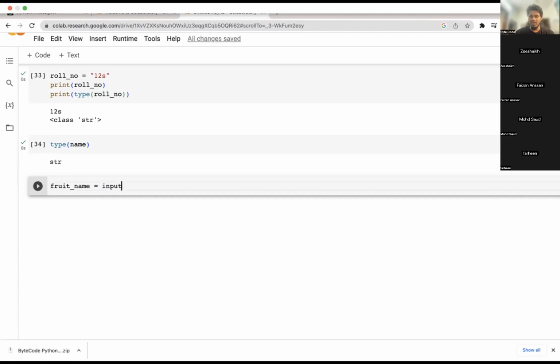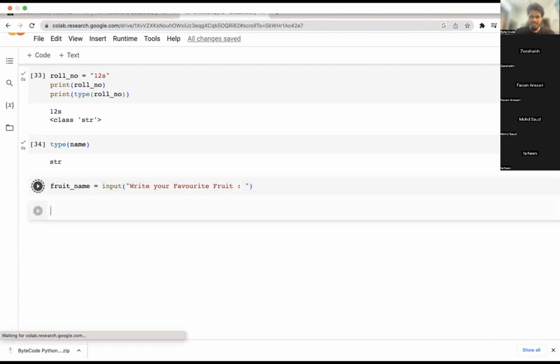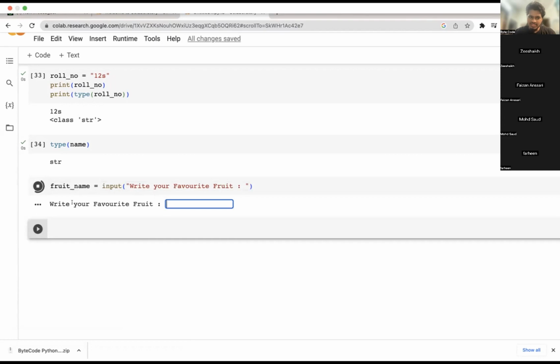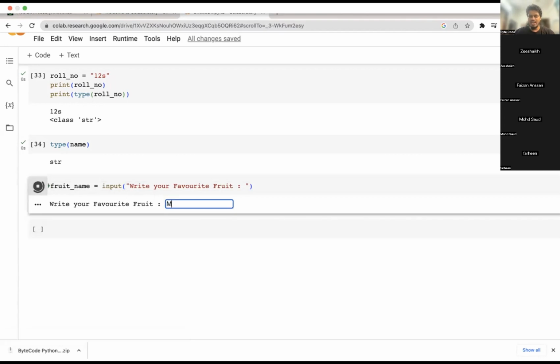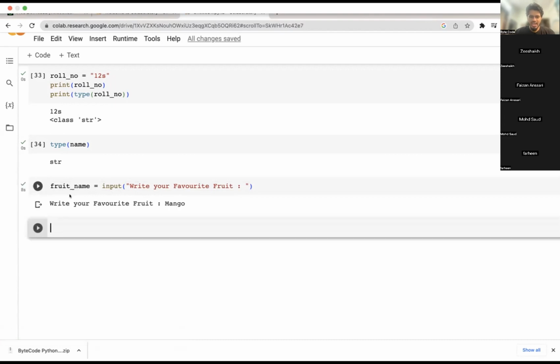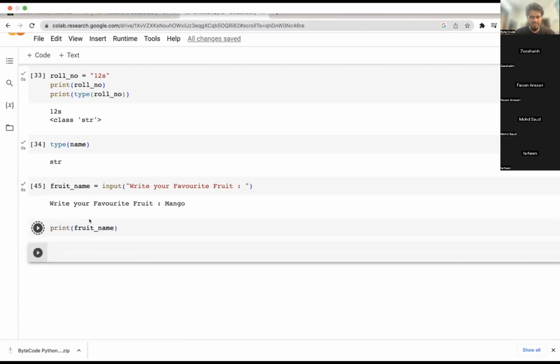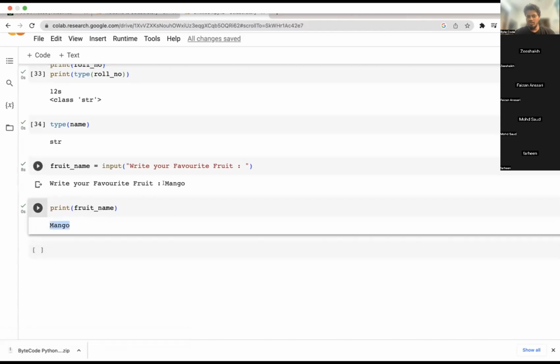Input is again another function where inside I can write your favorite fruit. Now if I run this, Python will ask me, as if you are chatting with Python, write your favorite fruit. I will write mango. And now when I call fruit name, it will have that value, whatever you have written here.